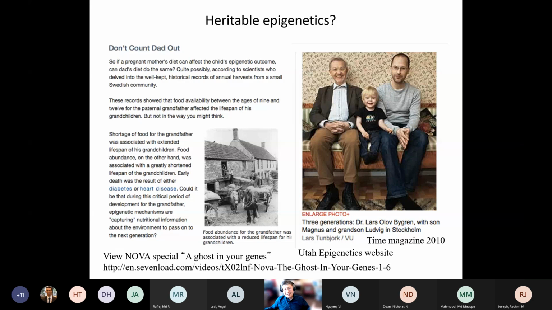That's astonishing. So basically, if the grandpa in his childhood doesn't have enough food, the grandson will have a longer life. If the grandpa has abundant food,